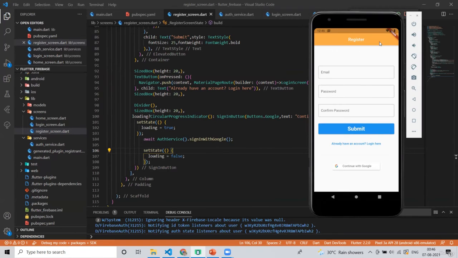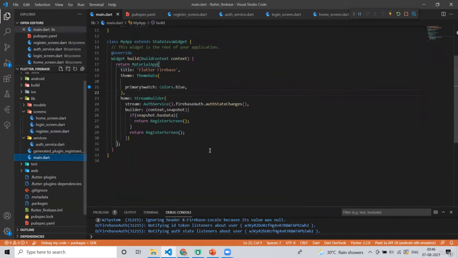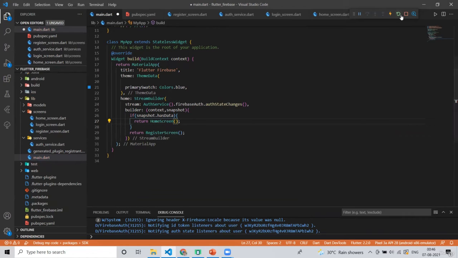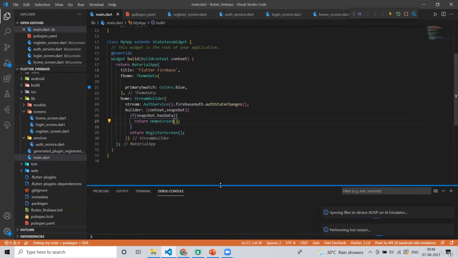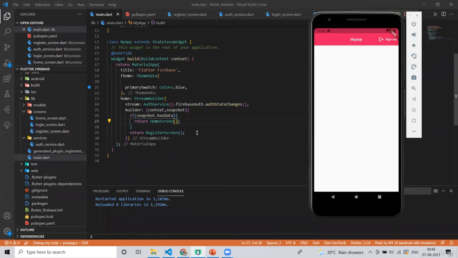And then, yeah, all done. See, right now we are not navigated just because of the reason we did the change in the main dot. So simply again make it home screen. Now you can see we are directly sent to the home screen because we are already authenticated.